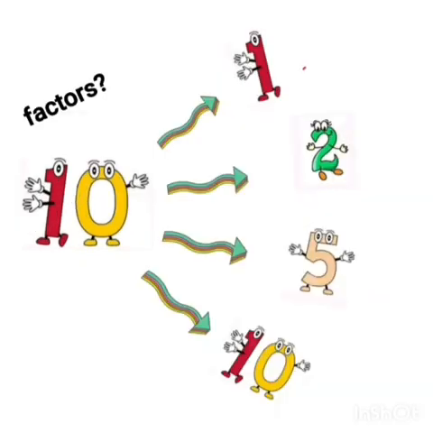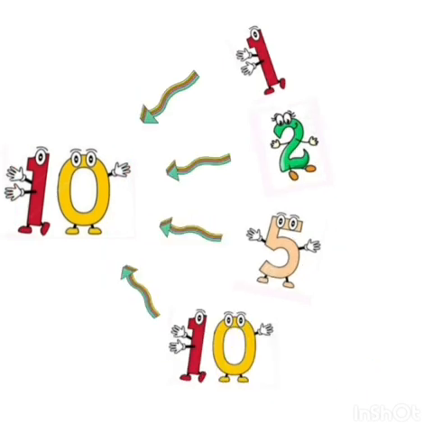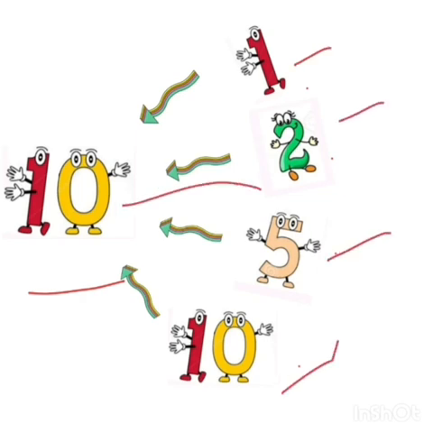So 1, 2, 5 and 10, they multiply with some other number to give 10. So these are all factors of 10. 1, 2, 5 and 10 are different factors of 10. So 10 calls 1, 2, 5 and 10 its factors. But should 1, 2, 5 and 10 call this 10 their factor or something else?